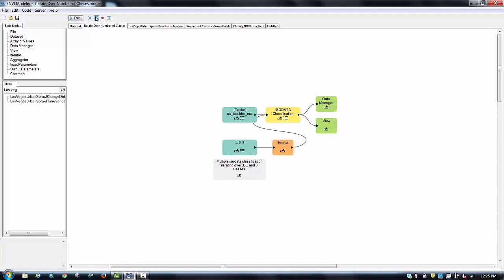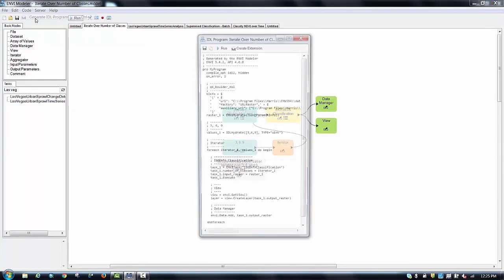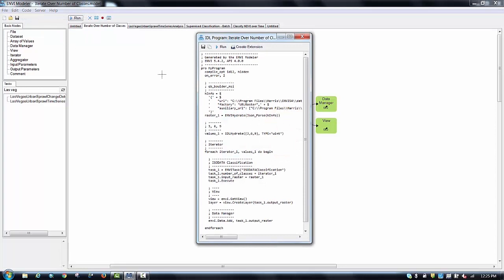Another great tool is Generate IDL code for a model. From the ENVI Modeler menu, come up to Code and Generate IDL Program. Note, you must have an ENVI and IDL license to run this feature, and the IDL code is displayed in a new program window, as seen here. From here, you can save your IDL program to a .pro file. You can run the program,